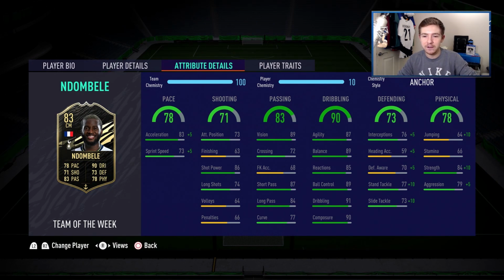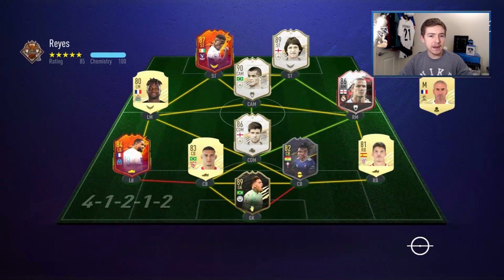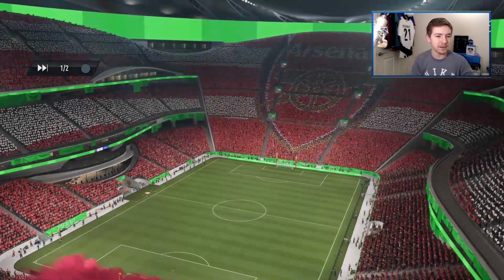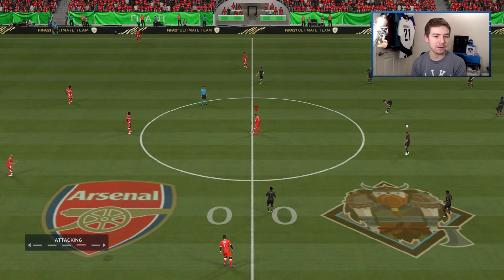Finally, physically, how is he looking? Well, his stamina sucks, just 66, but his strength and aggression combination is very nice. Here we go then. In game number 1, we are up against a bunch of icons. He's got Lineker, Rivaldo, and I literally just saw it a second ago. I forgot who his CDM was, but yeah, he's also got the headliner Zaha, who is definitely a player to